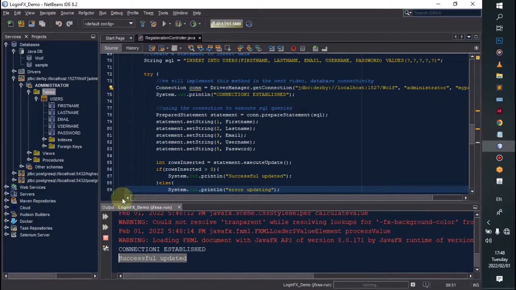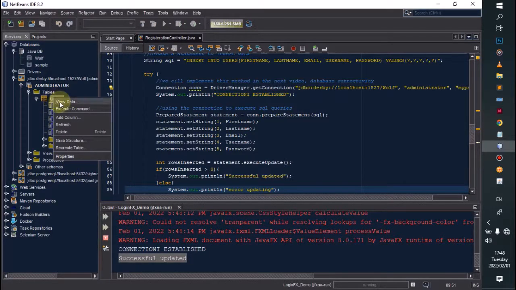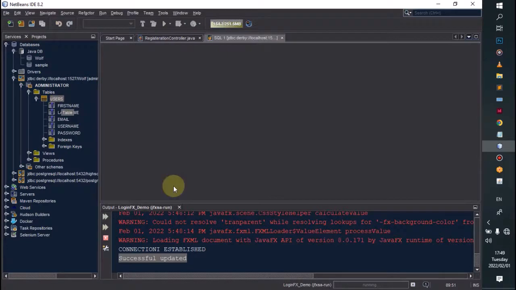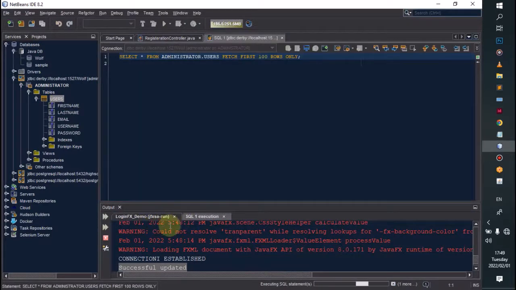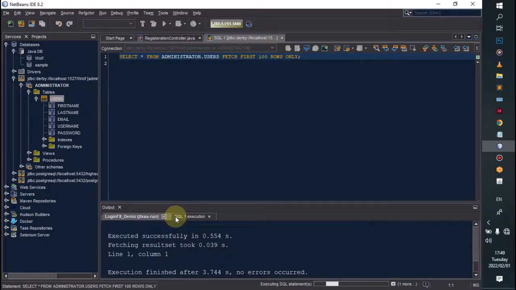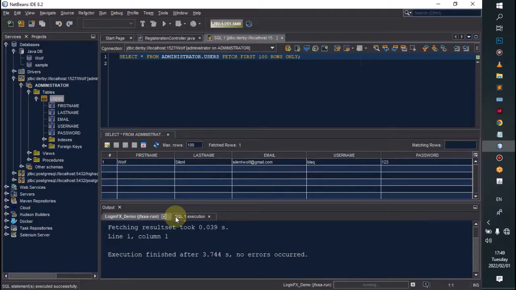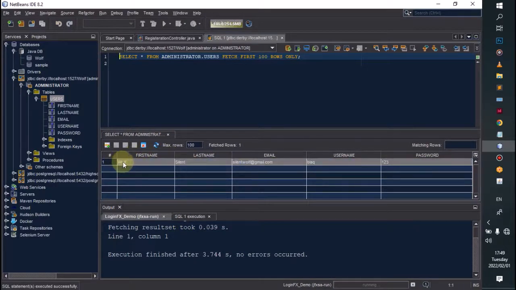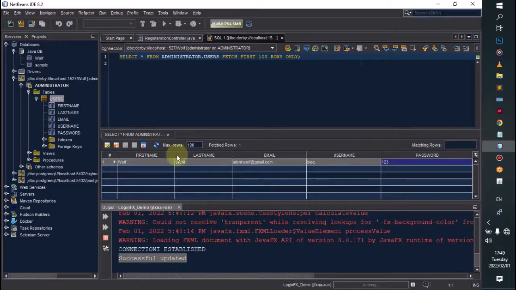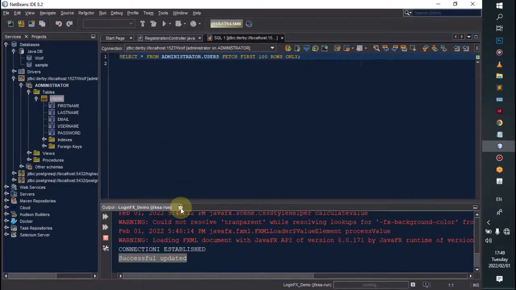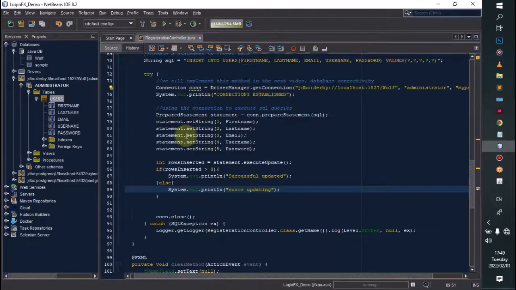Let's go ahead and check our database if it worked. Let's tap view data. It is already executing. Alright, here we have our data right here, wolf, and everything that I entered, the way I entered it, and it is working. Now that we have our application connected and running,